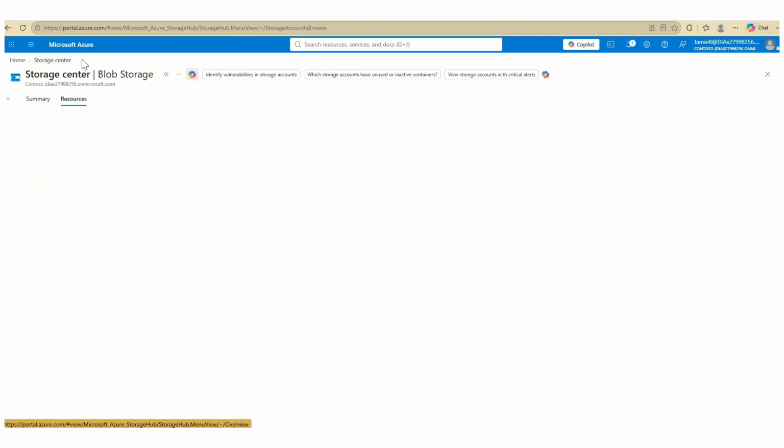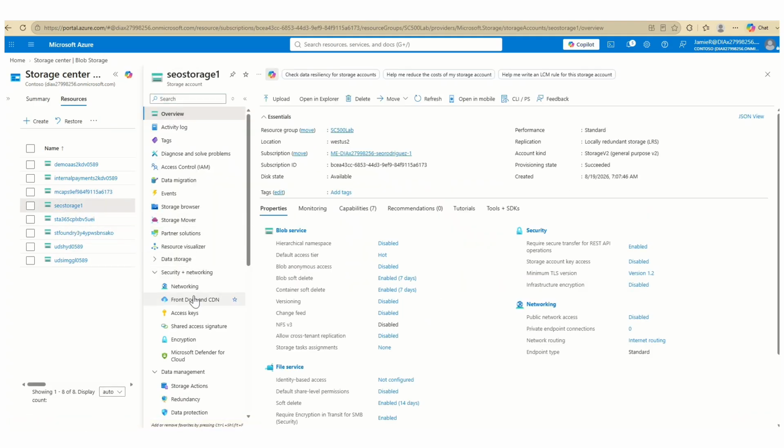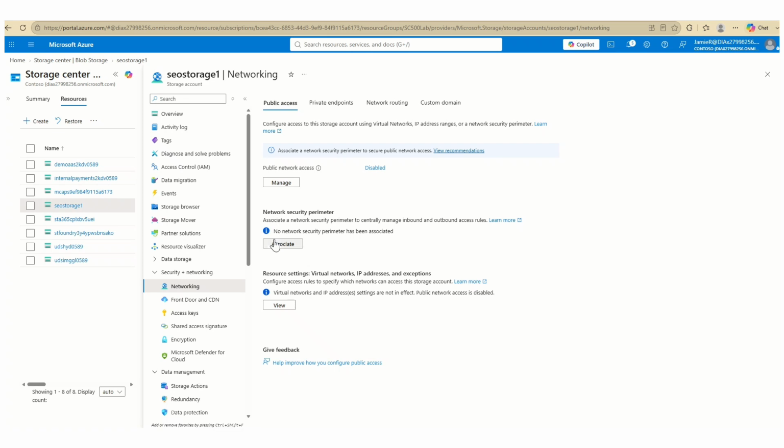But if we go back into the networking component, public access is disabled. If public access is disabled, well, the firewall rules that we're talking about apply basically when public access is enabled. So you would have to